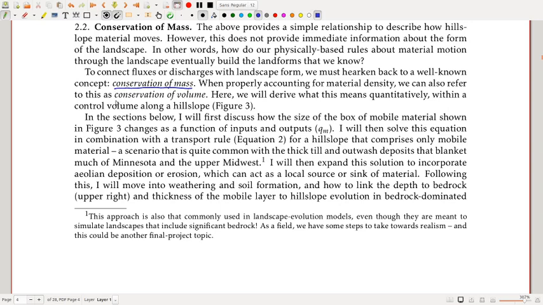And what we're going to do, if we're properly accounting for material density, we can also refer to this as conservation of volume, which is essentially a simplification of conservation of mass, assuming that there's no change in volume of anything. Some change in volume might occur